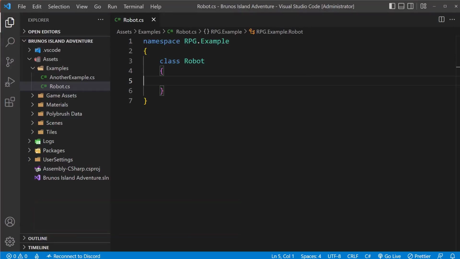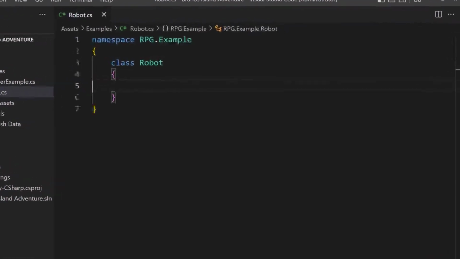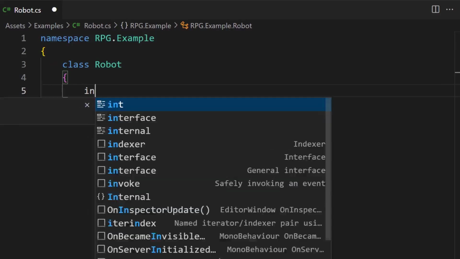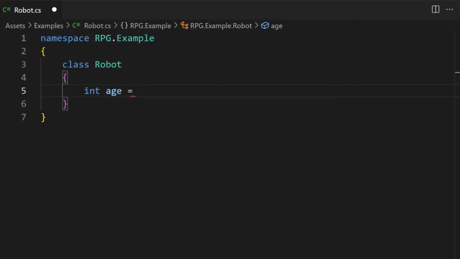Inside the robot class, let's create our first variable. To get started, we'll start with an integer. Integers are a data type for storing whole numbers. For example, we may want to store the age of our robot. In the class, type the following: int age = 5;